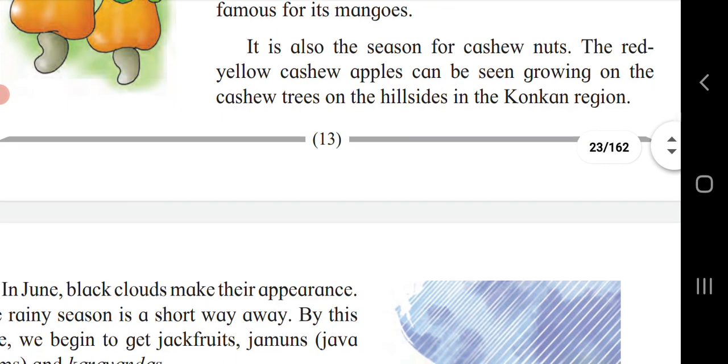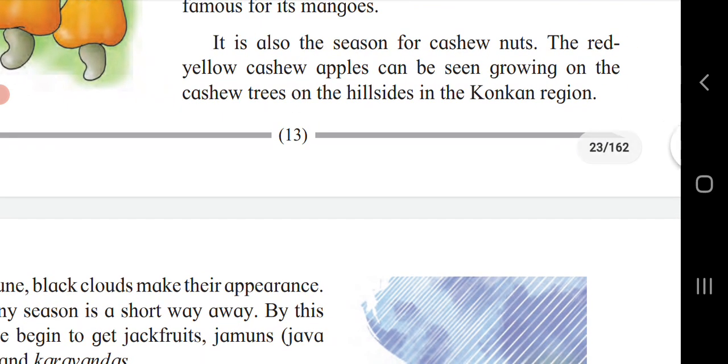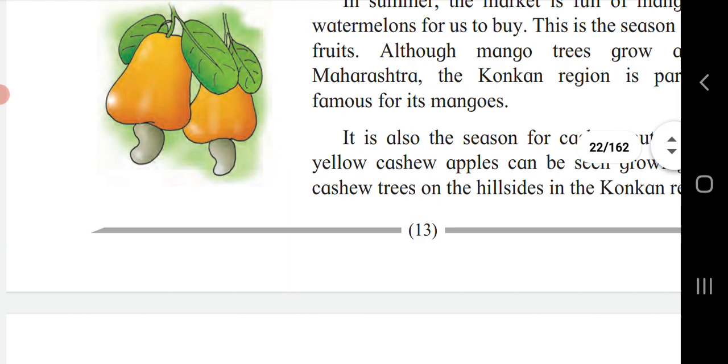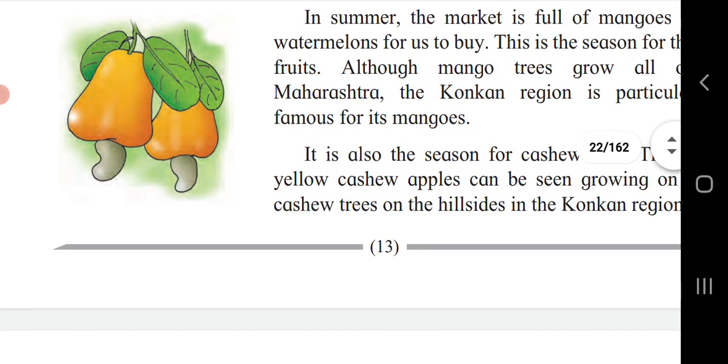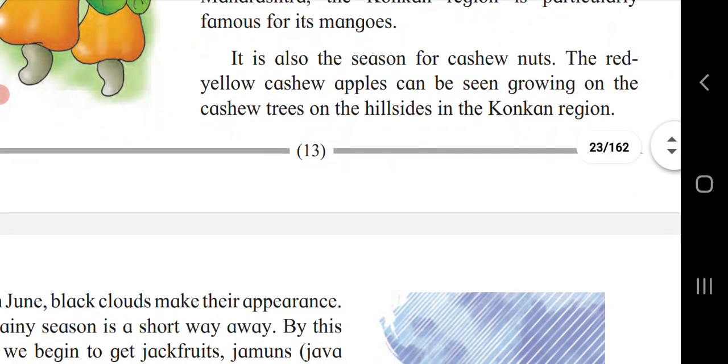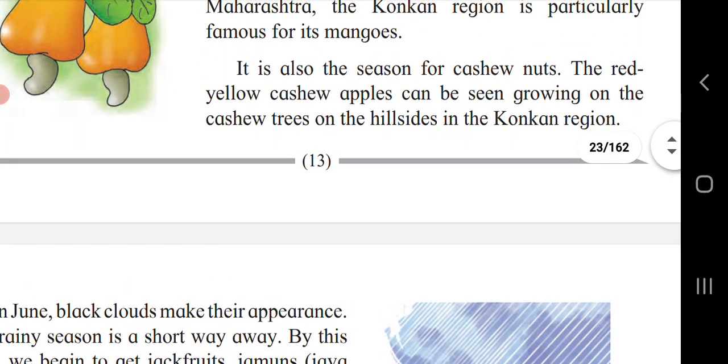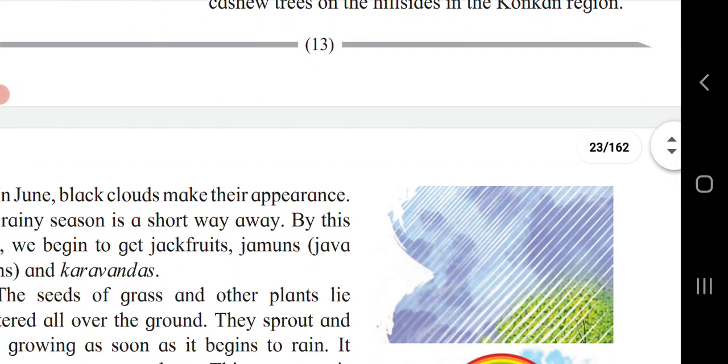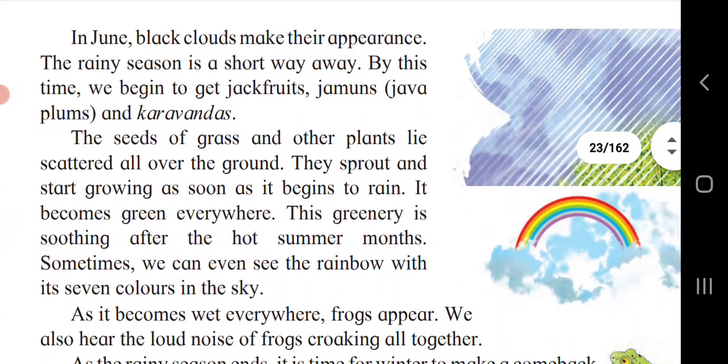It is also the season for cashew nuts. The red and yellow cashew apples can be seen growing on the cashew trees on the hillsides in the Konkan region. We call it kaju. In this summer season, kaju starts growing.